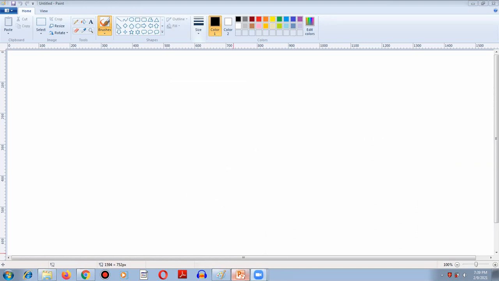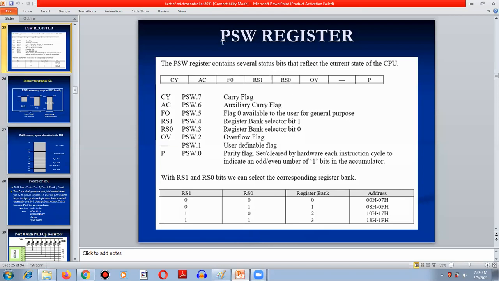Now let us see the next bit inside the flag register, that is OV. It is simply that if any arithmetical or logical operation result, when it is stored inside the accumulator, is more than 8 bits, then to indicate that the data is more than 8 bits, the overflow flag will be set to 1.